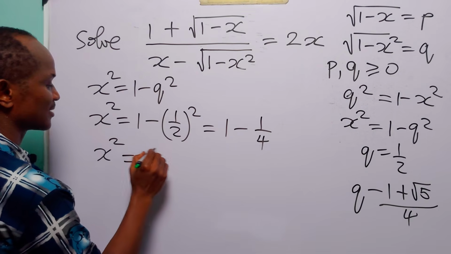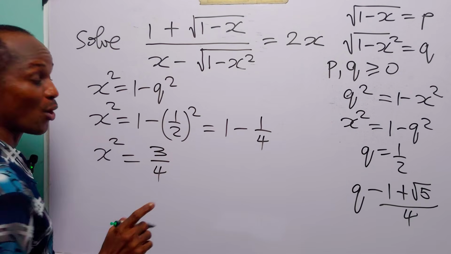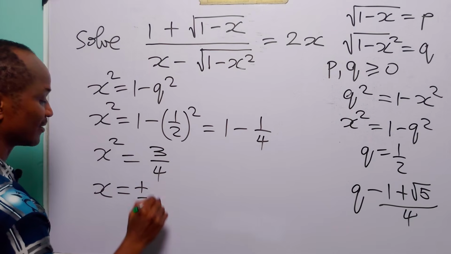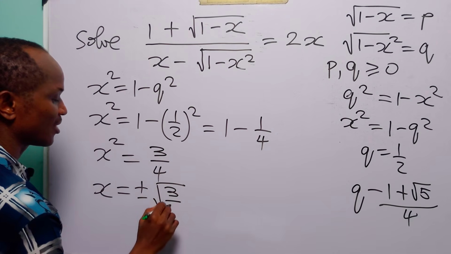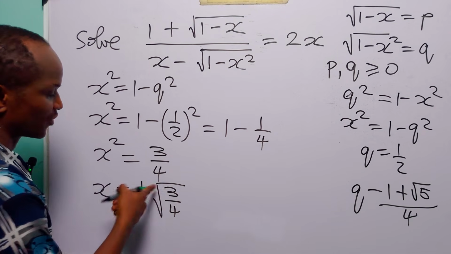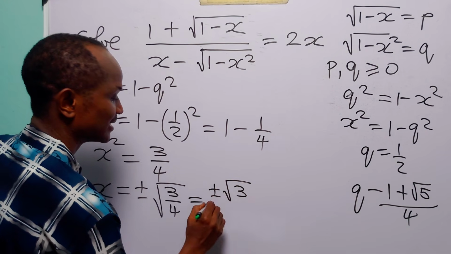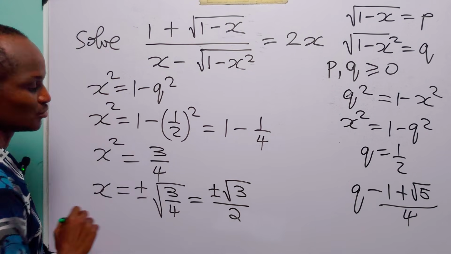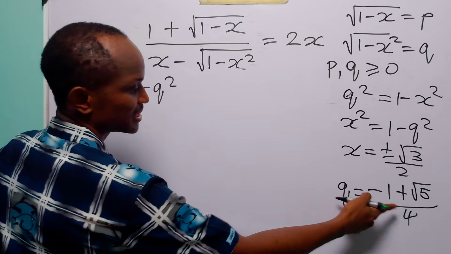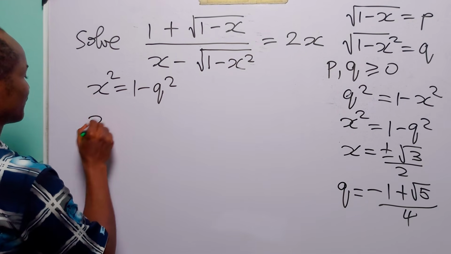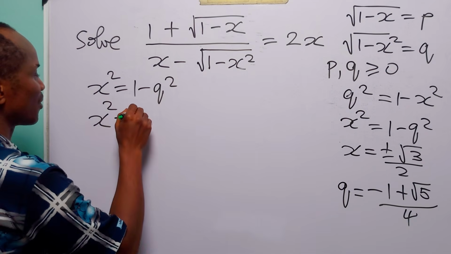So x squared is equal to 3 over 4. And hence x is equal to plus or minus root 3 over 4. Of course, this is the same as plus or minus root 3 divided by 2. And when q is equal to minus 1 plus root 5 over 4, then x squared is equal to